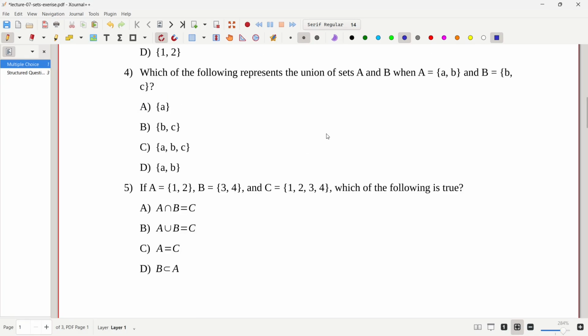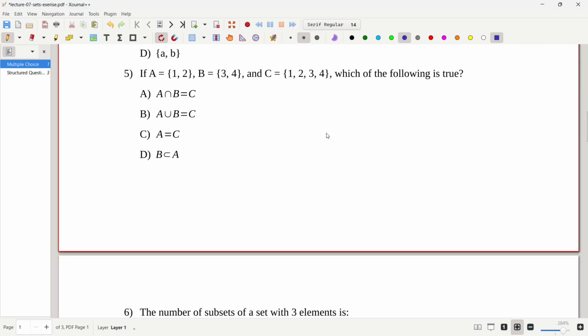Which of the following represents the union of sets A and B when A is equal to {A, B} and B is equal to {B, C}? The union is just the combination without repetition. So we have A, we have B, and then we have C. So answer this one. If A is {1, 2}, B is {3, 4}, and C is {1, 2, 3, 4},